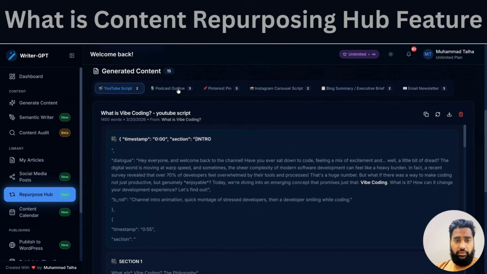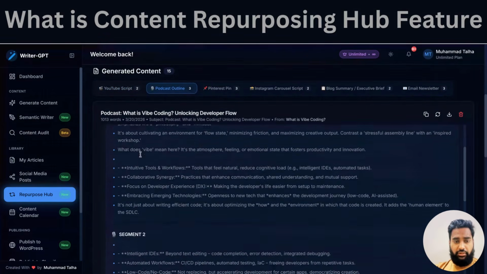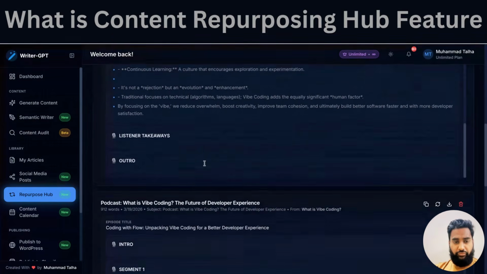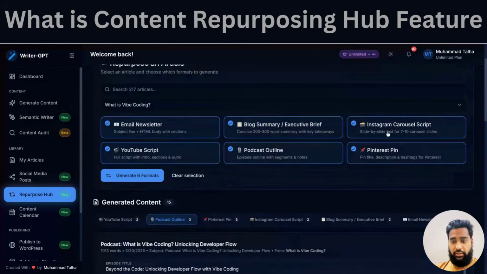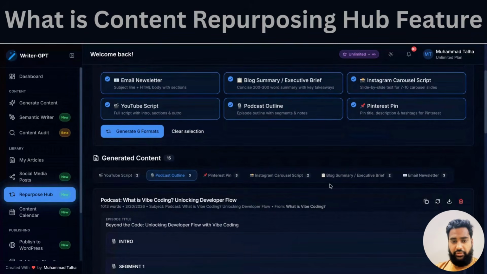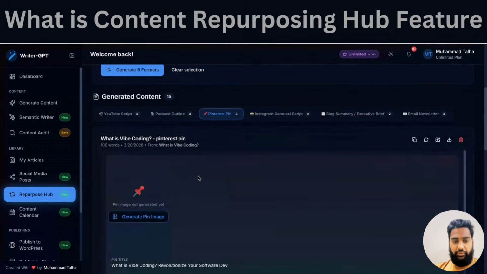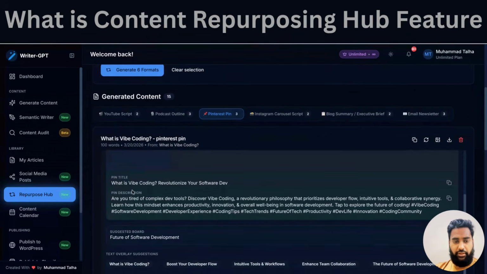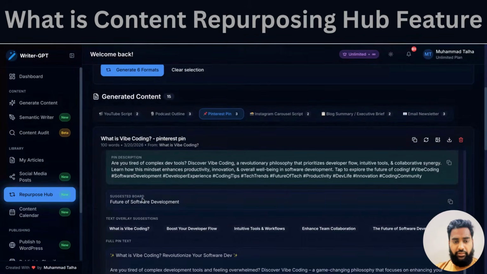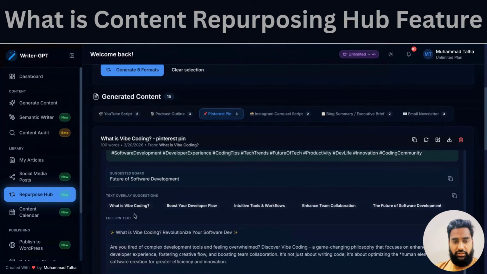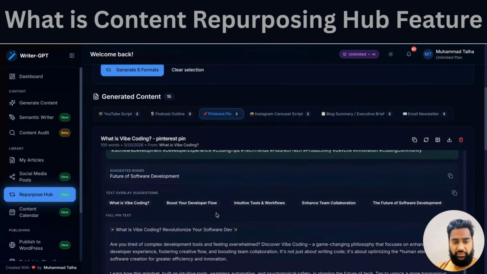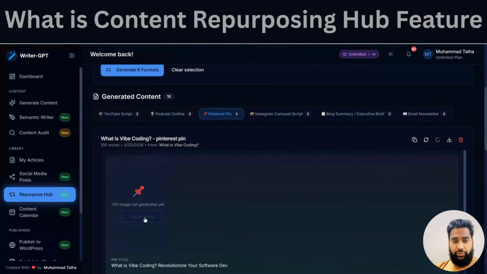This is our podcast outlines: segment 1, segment 2, outro, and listener takeaways. Same for this, you can download, regenerate or copy it. And these are Pinterest pins. This is the created pin title, this is the pin description and suggested board as well, and these are the overlay suggestions. So we are going to generate an image for this. In the meantime, while this image is being generated,